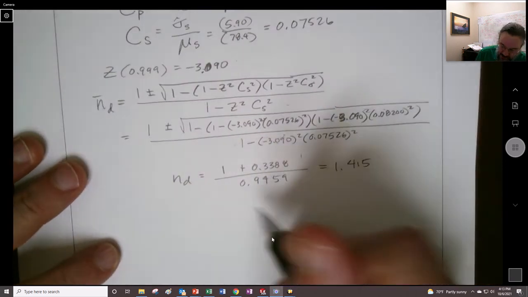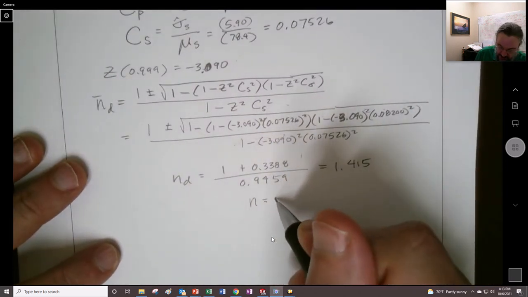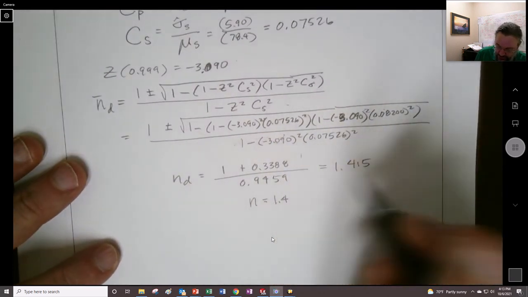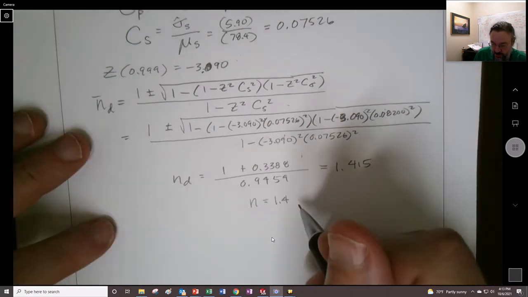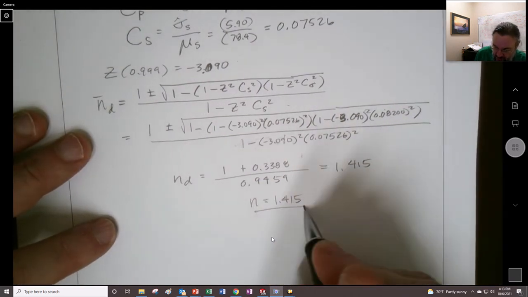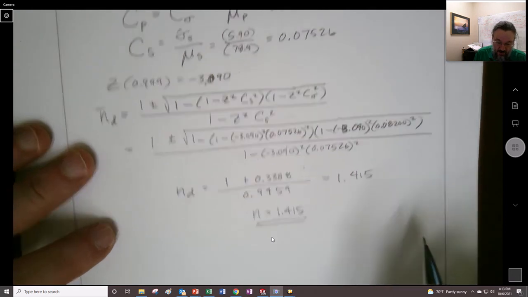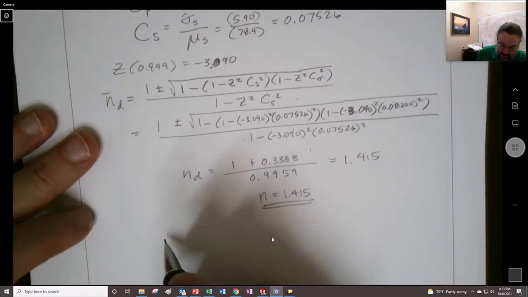Okay, so our conclusion is that the design factor is 1.42. I'm going to go ahead and stick with this as being our answer to that first part. And so now